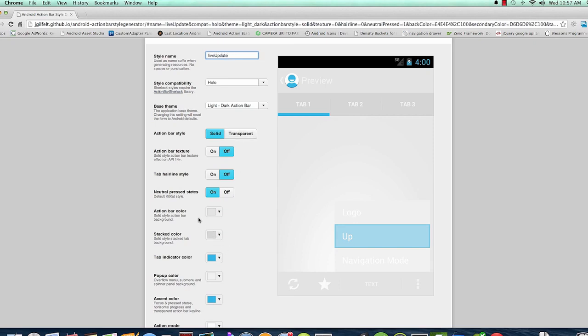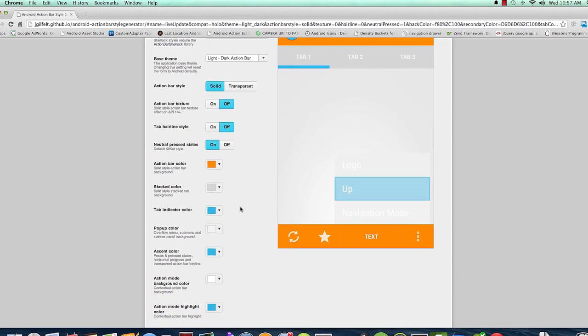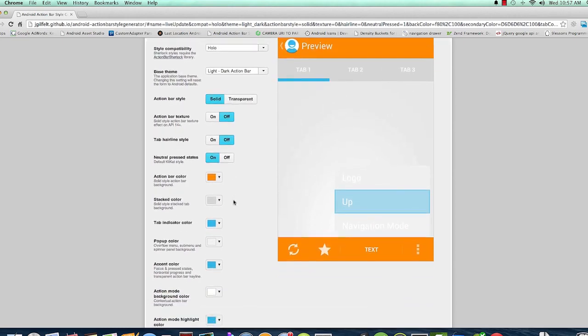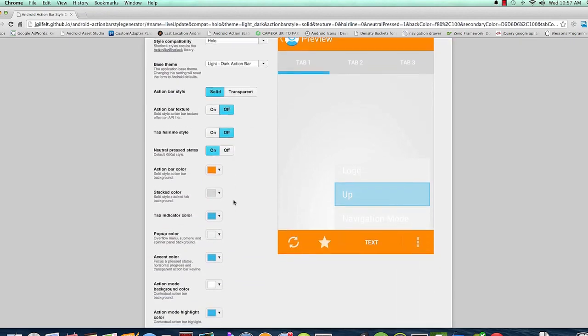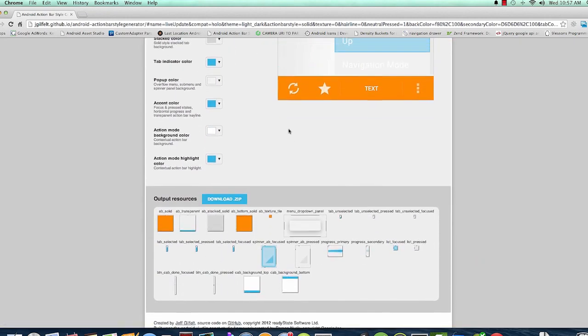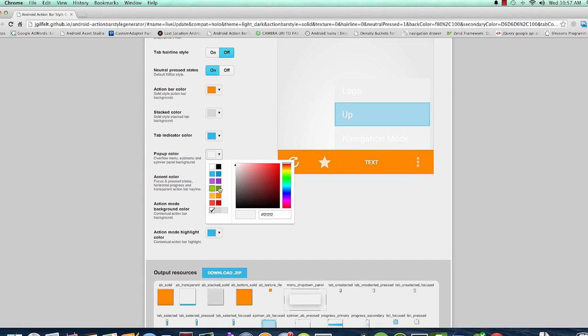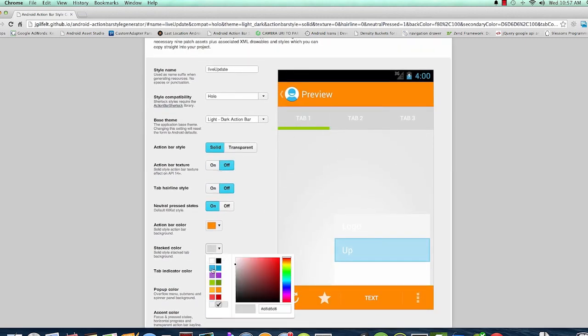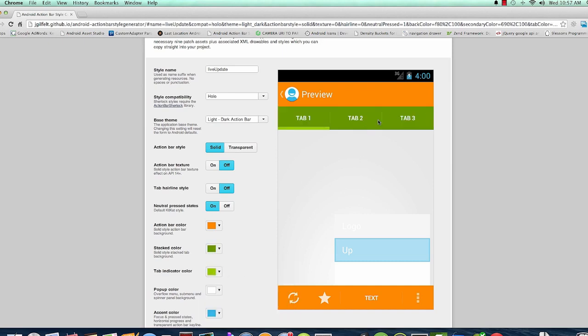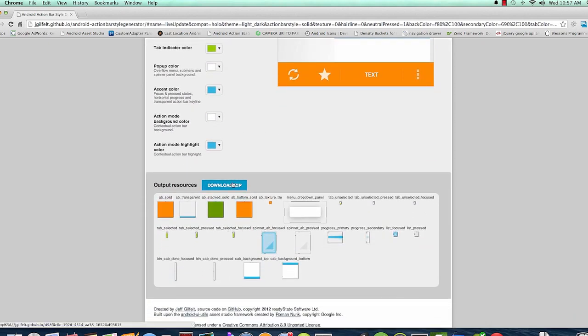And the action bar color, I'm going to put that. It's the same color. That should do it pretty much for me. And what I will do is come here and just download. You can change pop-up colors, for example, to whatever you like. Tab indicators, stuff like that. Like the tabs themselves, you can make them. If you're going to have tabs in your app, mine I won't, but I'll just download it at this point, and